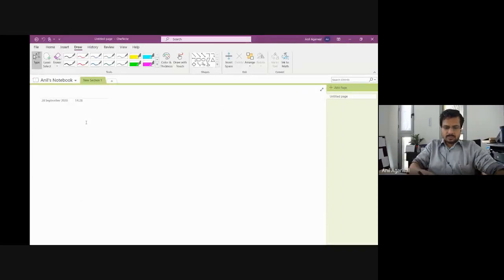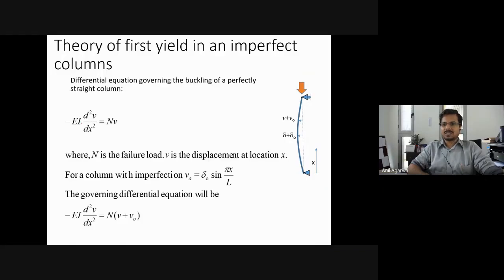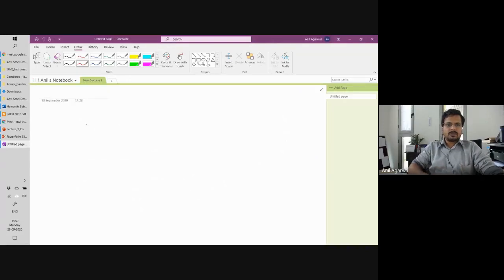You will get to see my pen shape skills, and you will get to laugh at it. There will be some derivation required, some sketches I have to draw. So we will look at a column that is not perfectly straight to start with. This is what a column was supposed to be. And we are deriving this equation for only a simply supported case. For all other cases, nothing changes at the fundamental level, only some minor changes have to be made because of the boundary conditions, so that can be done at a later stage.